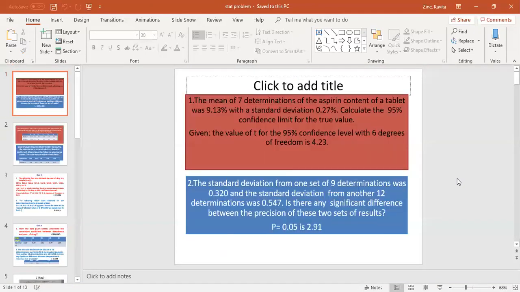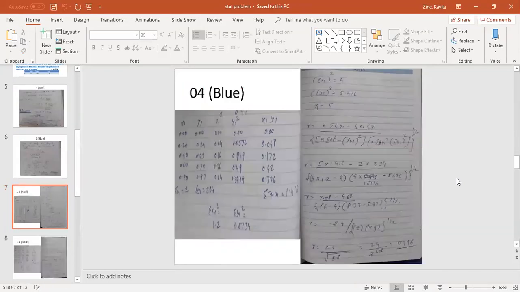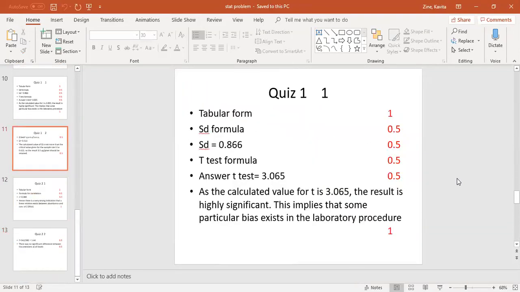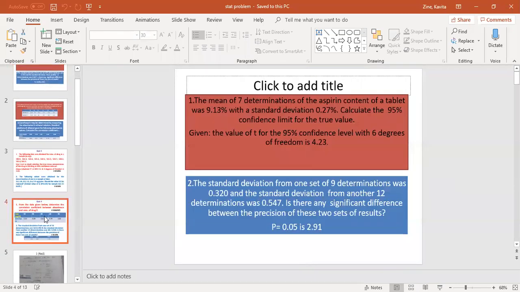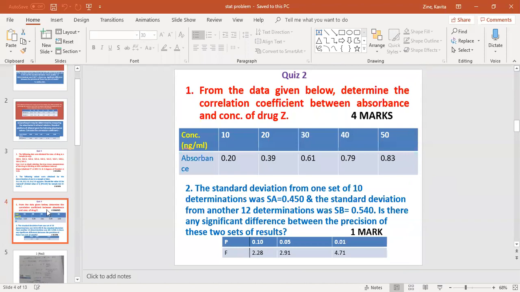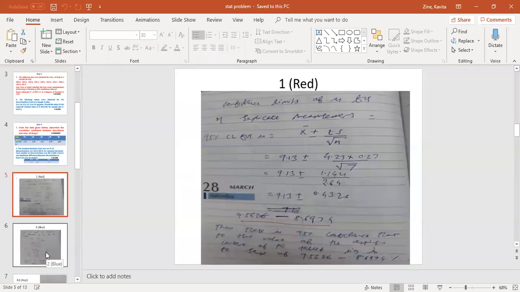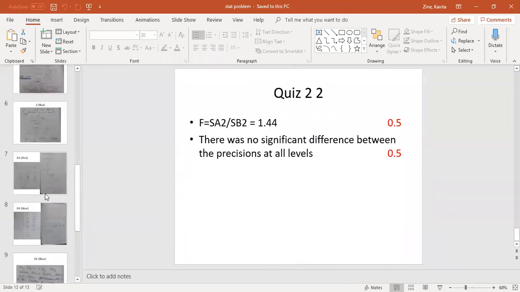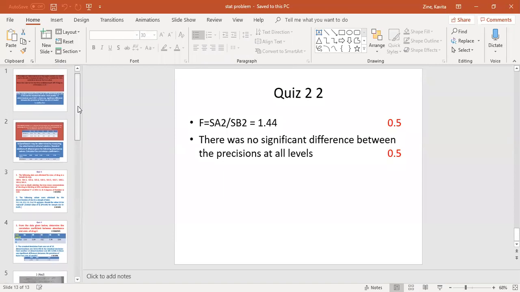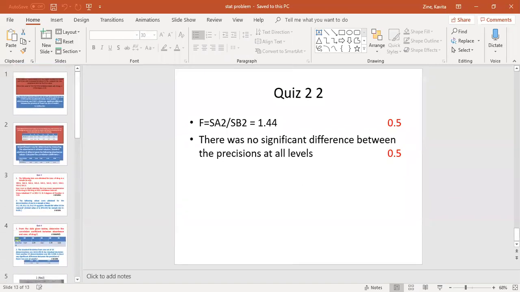So this presentation also I will forward to you, so that you can get practice problems at home, total 8 problems. You can solve on your own and cross-check the answers below that only, slides number 5, 6, 7, 8, 9, 10. So in this way you can score good marks in statistics. Okay?